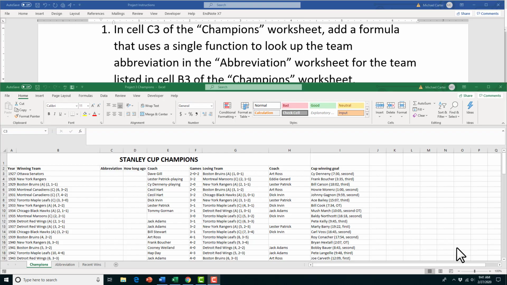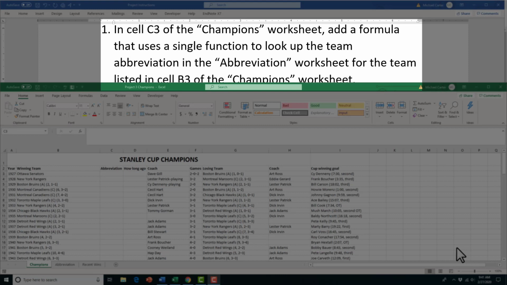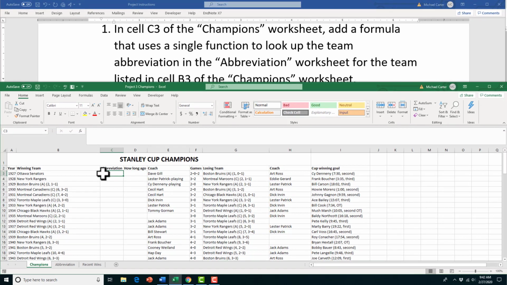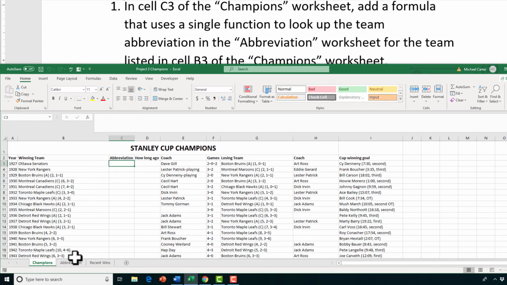So for project 3, task 1, it's going to ask us to insert our pointer in the cell C3 of the championship worksheet and add a formula that uses a single function to look up the team abbreviation in the abbreviation worksheet for the team listed in cell B3, which is the Ottawa Senators, in the champions worksheet. So we're going to look up the abbreviation name for this team, the Ottawa Senators, and we're going to get that information from the abbreviation